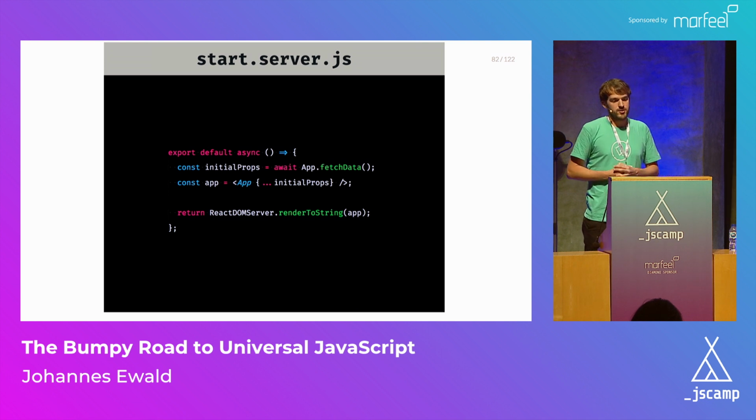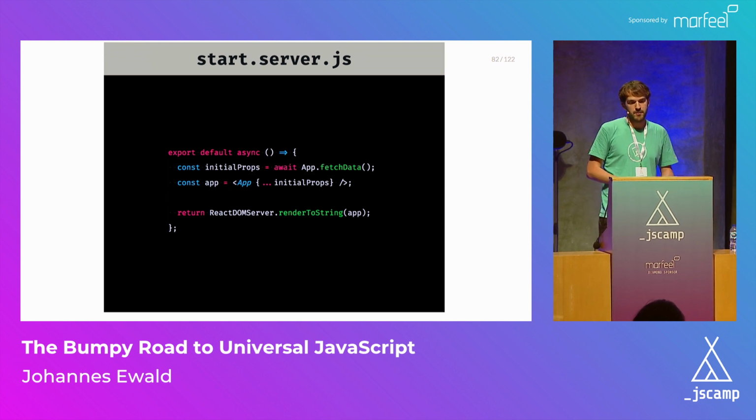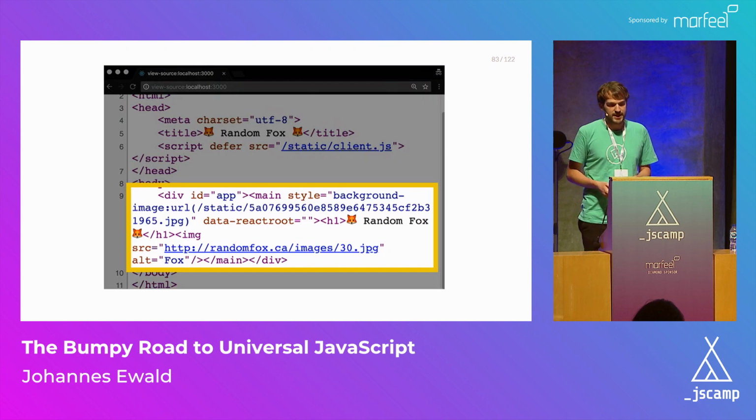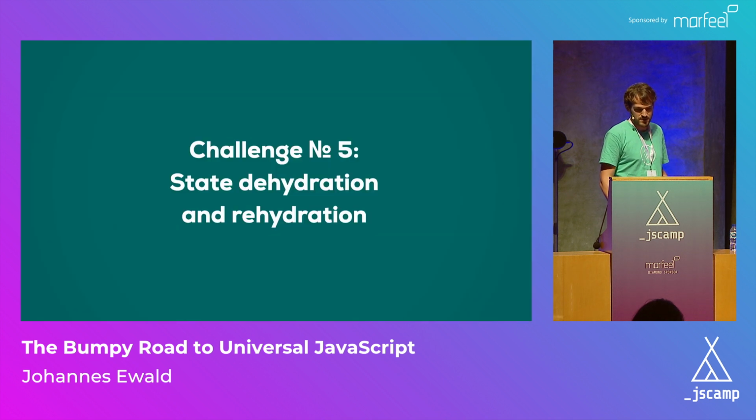Then on the server, in the start server.js, we call the static function app_fetch_data and then render the app. And now we get the final application state,